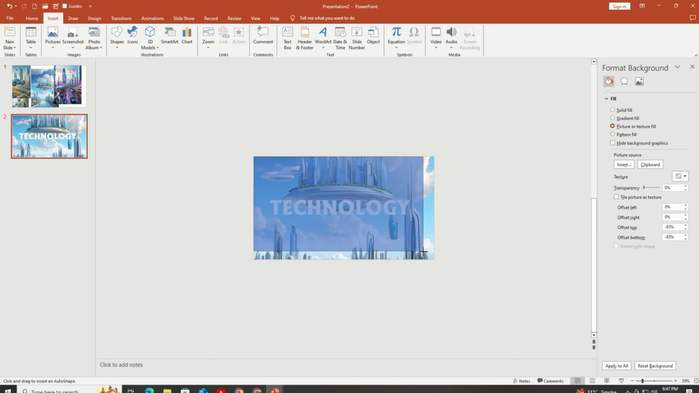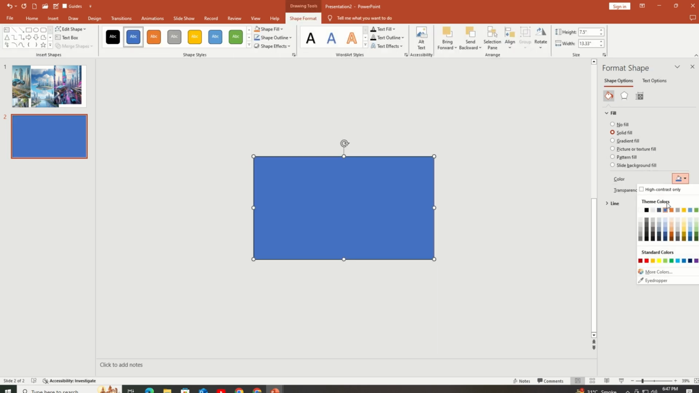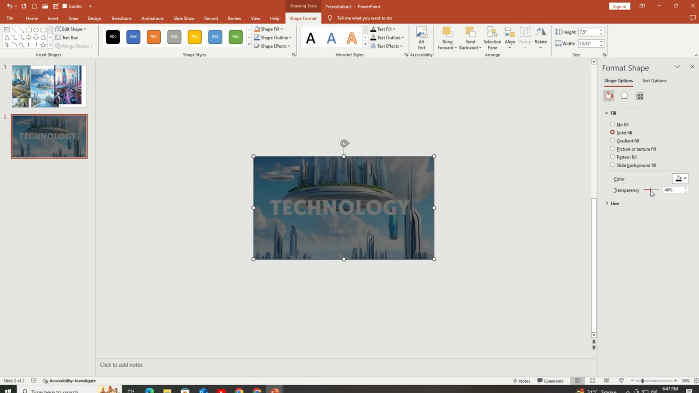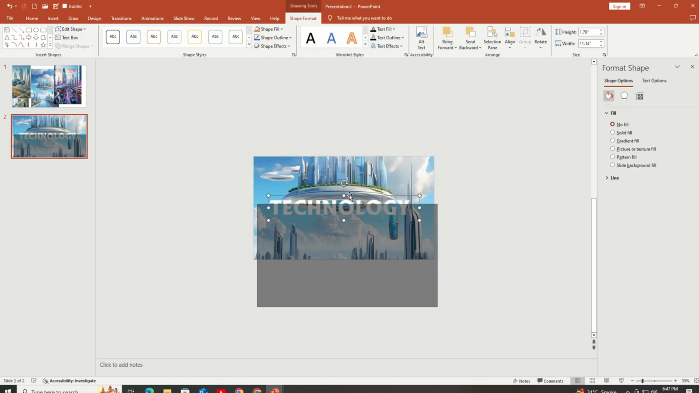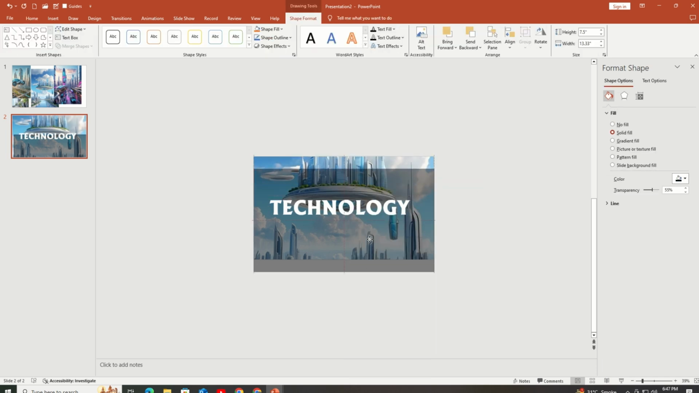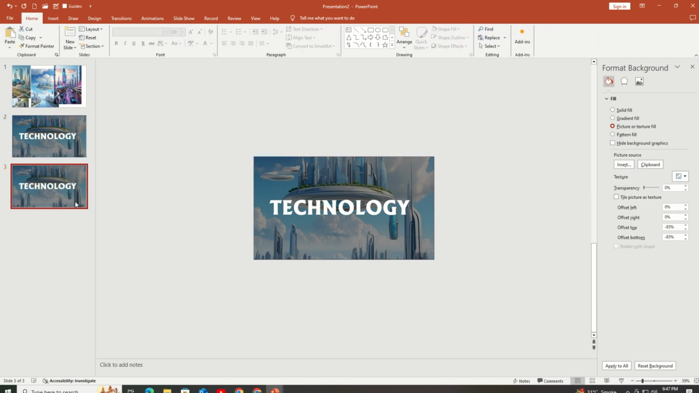Insert a rectangle that covers the entire slide. Change its color to black, increase its transparency, and send it to the back and send the text to the front. There you go. Duplicate the template